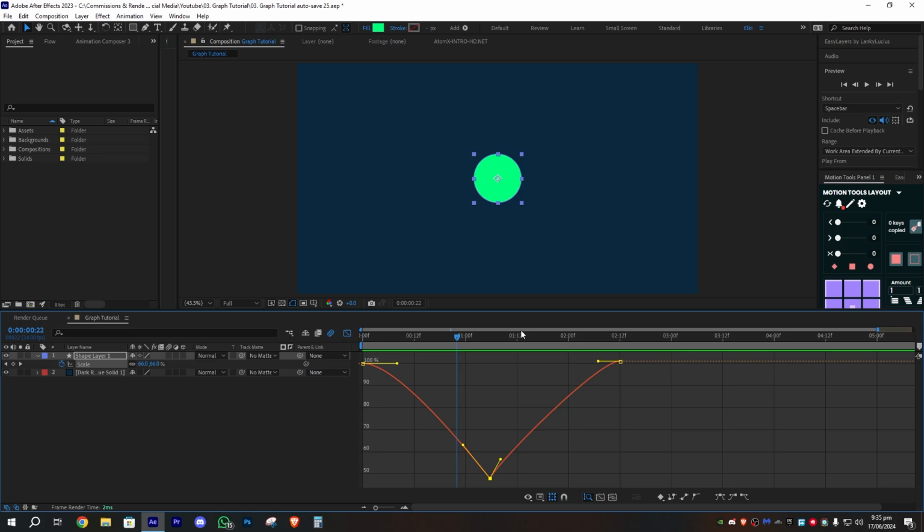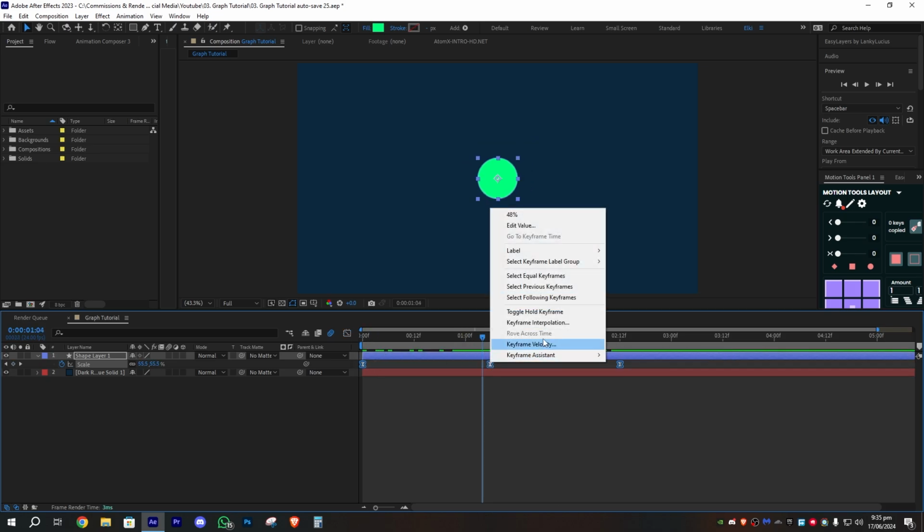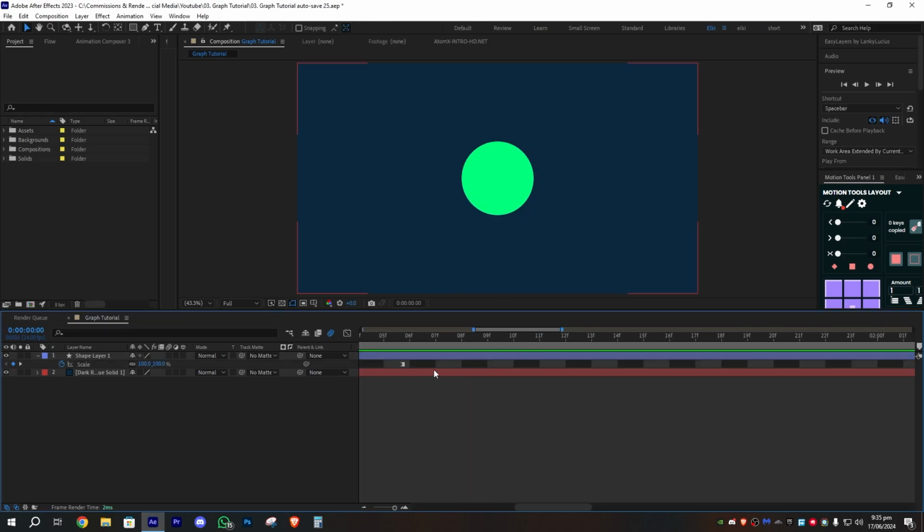If you have very specific movements that you want to do for your animations, you will have to use the Bezier keyframes. One last keyframe type remaining, it's called the hold keyframe. You're going to go into the temporal interpolation. We're gonna go into hold, and now as you can see, the shape of the keyframes completely changed. What this keyframe does is it holds the motion of the first keyframe until the second keyframe hits the timeline